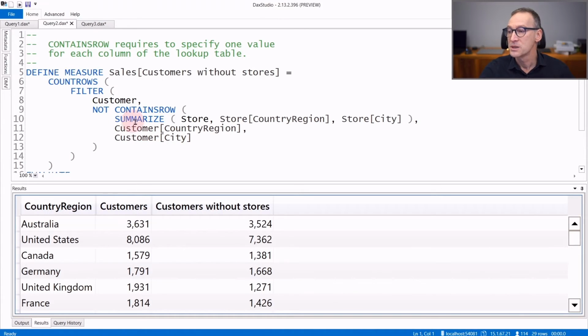That is why I use SUMMARIZE on store by country region and city, in order to build out of the store table a different table that only contains the country region and the city, because I will need to provide one value for each column in the table. The matching between the values provided and the columns in the table is made by position. The first value needs to match the first column in the table, the second value, the second column, and so